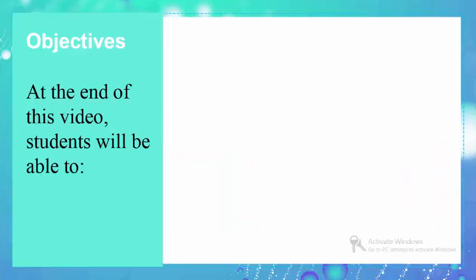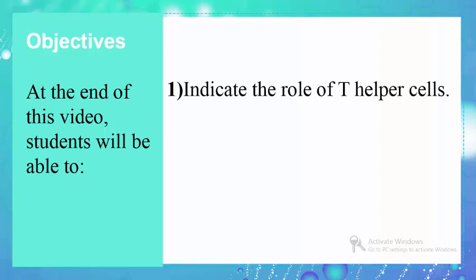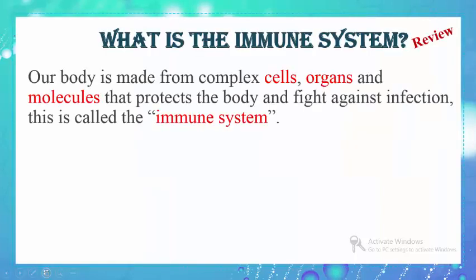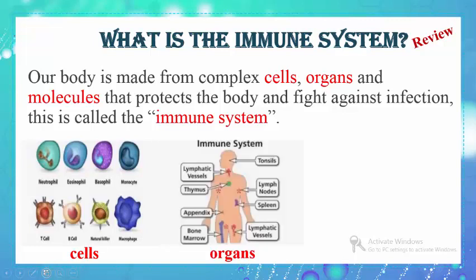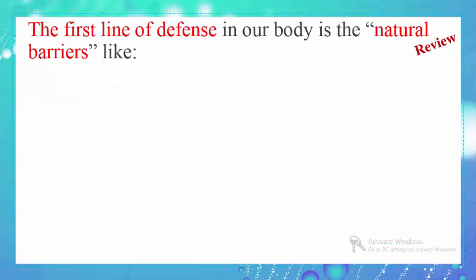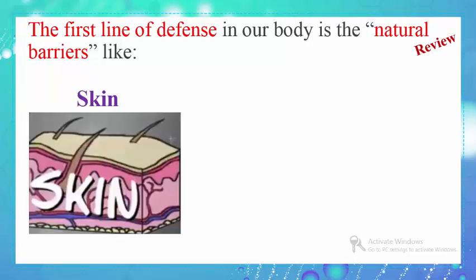At the end of this video, you will be able to indicate the role of T helper cells and define specific immune response. Our body is made from special cells and organs that are responsible to fight pathogens. These special cells and organs form the immune system, which is the system responsible to defend the body against any pathogen. We notice also that the first line of defense in our body is represented by the natural barriers like